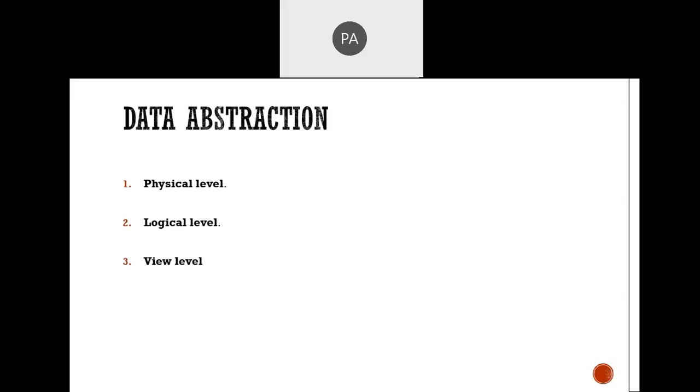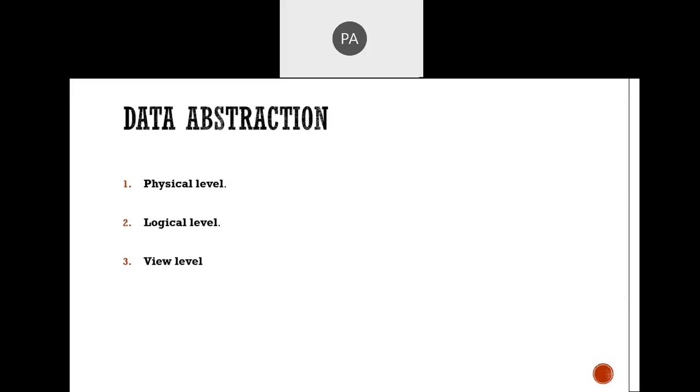I already taught this information in the internship, but there it was quite different. Data abstraction is different and levels are different. So these are the three important levels. Make a note of that. If in the exam they ask what the levels of data abstraction are, then we need to specify physical level, logical level, and view level. I will share this document and the recording with you. You can watch it repeatedly.